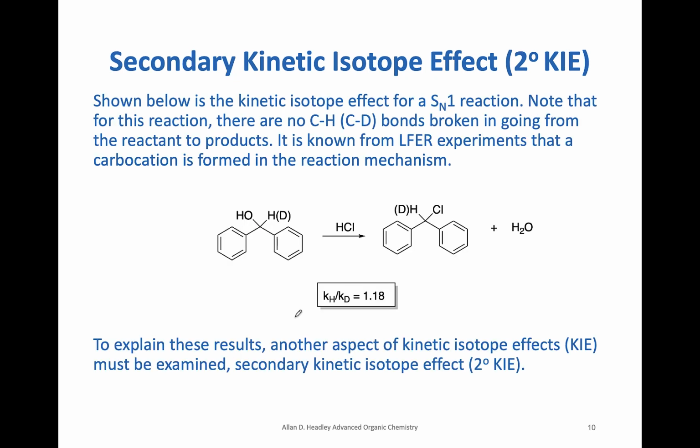Okay, let's go on. Let's now look at another concept. This is the secondary kinetic isotope effect, or 2° secondary isotope effect. Let's look at this reaction here. So shown below is the kinetic isotope effect for this reaction. So we have the reactant here going to a product. Let's see if we can see the difference. So here we have a carbon that's bonded to an OH. In the product,